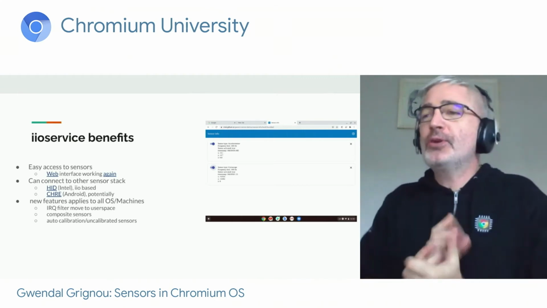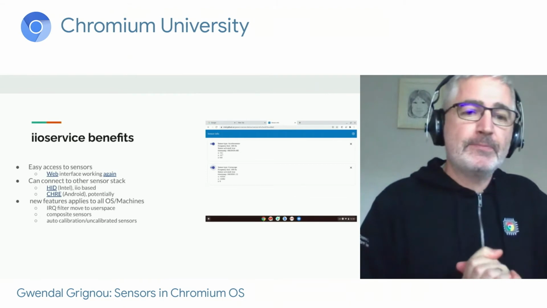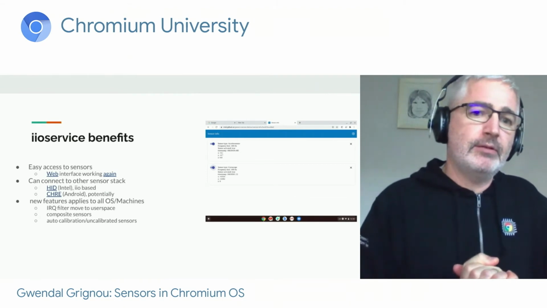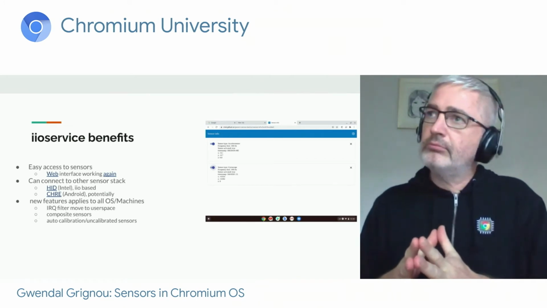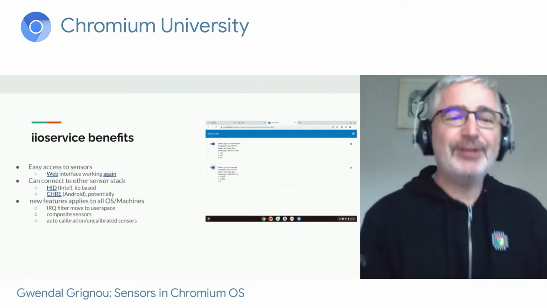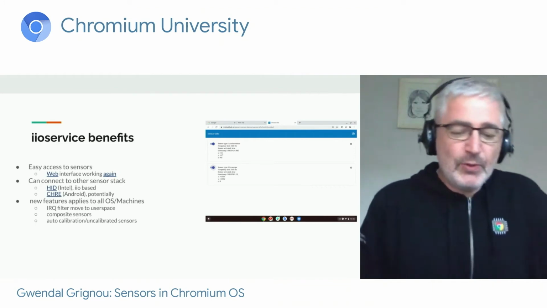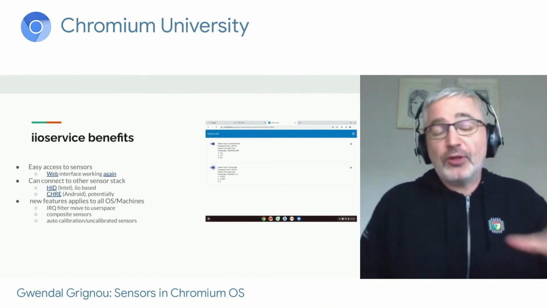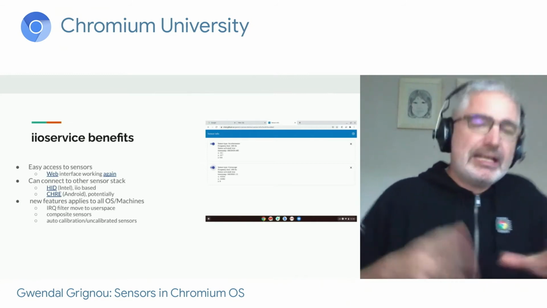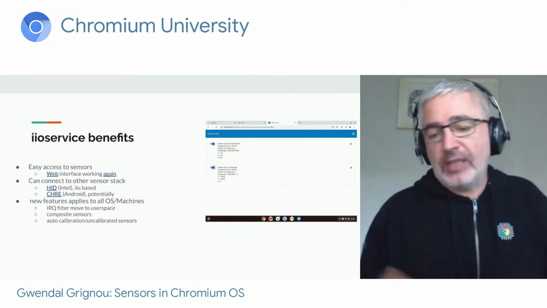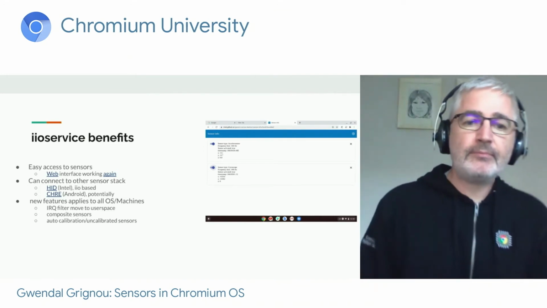Potentially, we could use the Android Context Hub. Yeah, I forgot this one. CHRE is what is used in Android phones, the sensor hub for Android phones is based on CHRE. So there's more work there, but same idea. We send the event flow to the IIO service and we spread them.